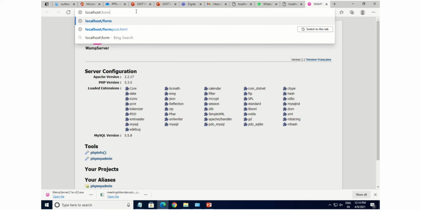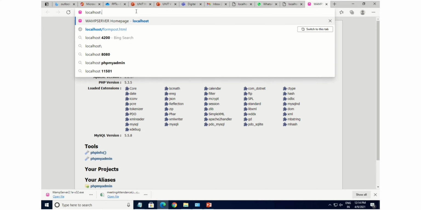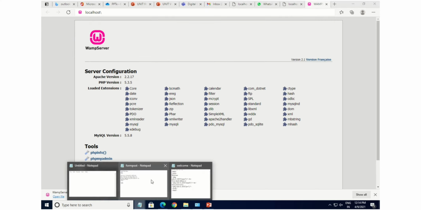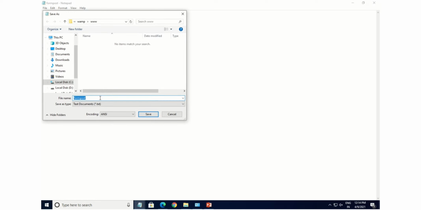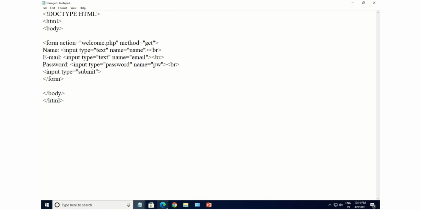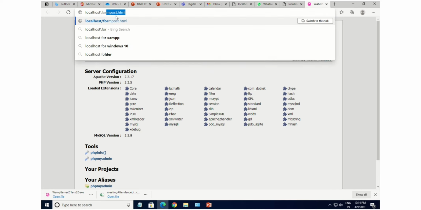Now, to give a relevant name to the program of the GET method, I will save the program with a different name. My earlier name was form post. Since this is a program of GET, I will write formGet.html because this is an HTML script. Select the type as all files and click on save.